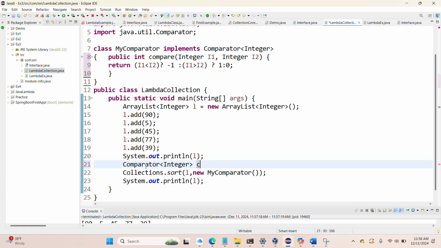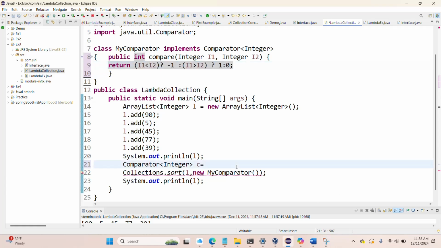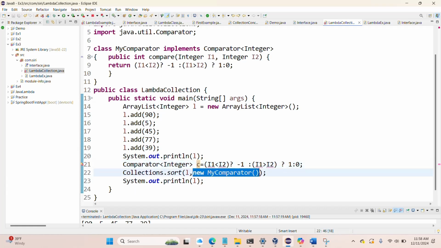And then we are going to give the equals sign. And what is the input value we are going to give? This is the input value that we are going to give here. And then we are going to pass this C over here. And now let's get rid of